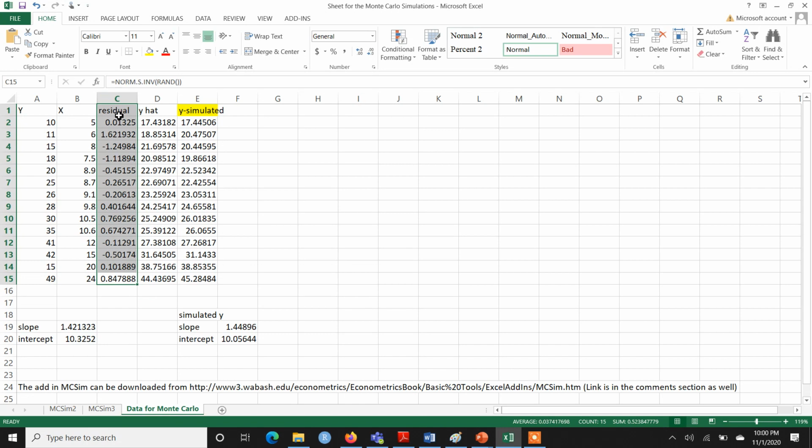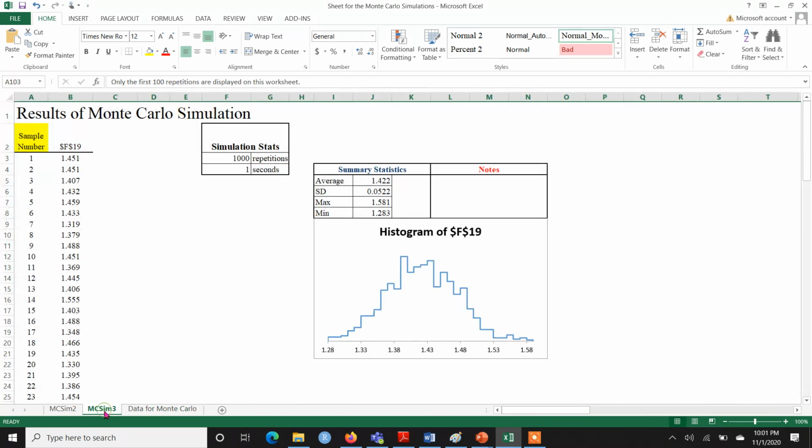In other words, making a random sample of size 15 from the normal distribution, and that has been done 1000 times, which is why it's written that there are 1000 repetitions.